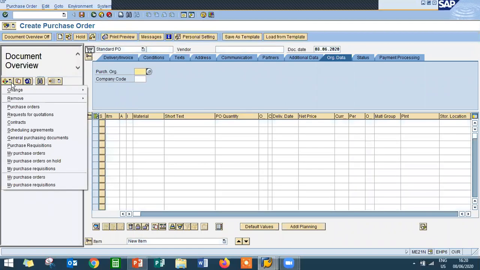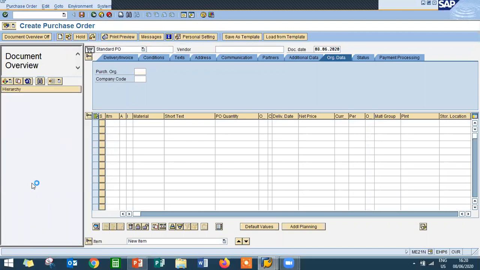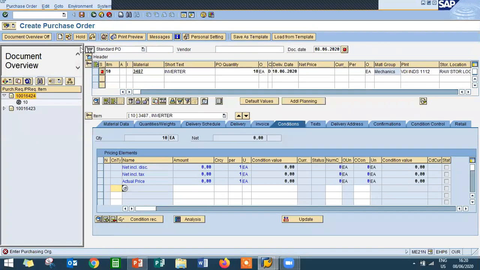Go here, my purchase requisition. Select my purchase requisition. So this is the purchase requisition. Select it and drag and drop it here in this trolley.